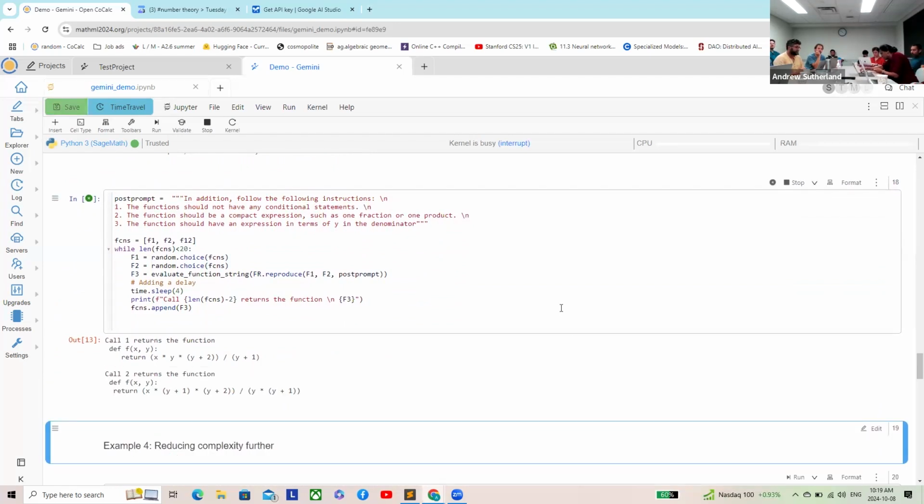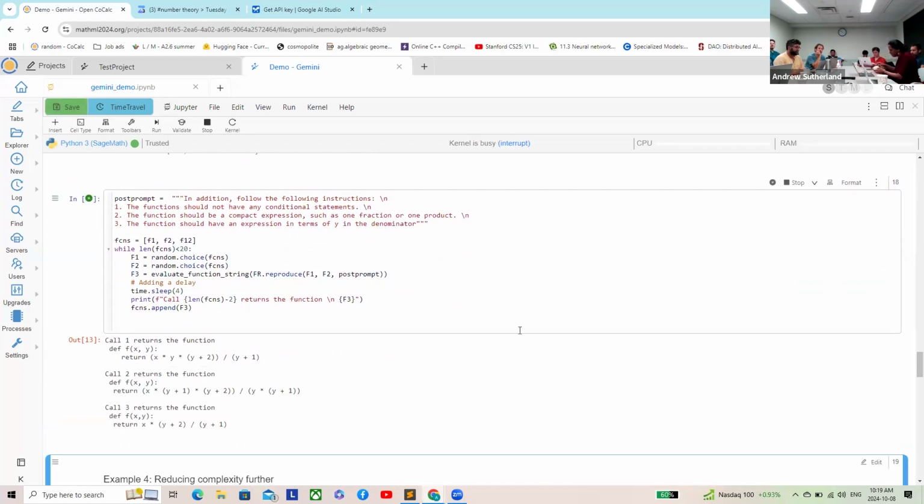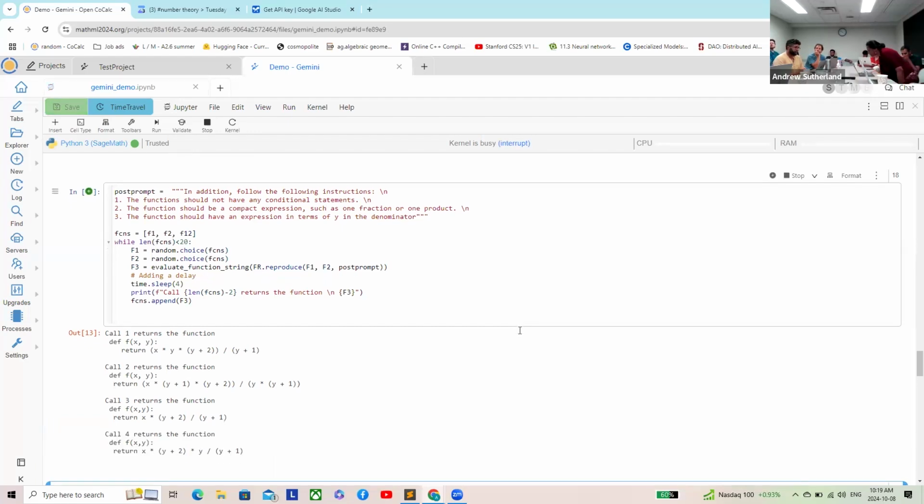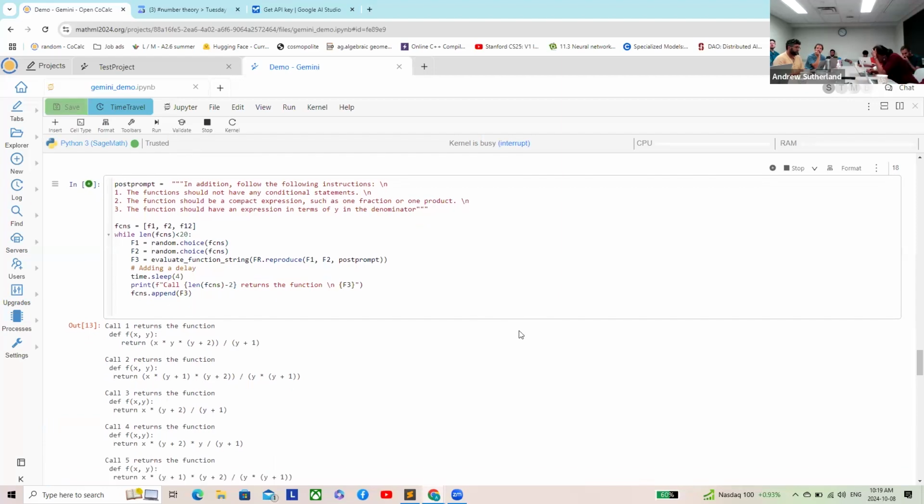So this will take a minute. I think it's going to call it like 15 or 16 or 17 times, and then we'll see what type of expressions it's returning. But so Angelica, do I understand now these functions are not being selected for anything? This is just like a random walk or a random mating of functions and we're getting what we're getting. Yeah, so every time it generates a function, I add it to the list, and then for